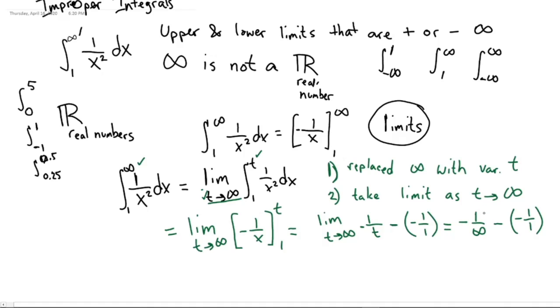Now we know that any number divided by infinity goes to 0. 1 over 1 is 1. That's negative 1. And a negative and a negative is a positive, so we're left with a positive 1. So what this means is the limit of t